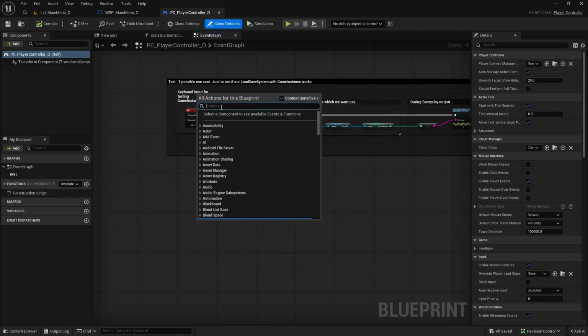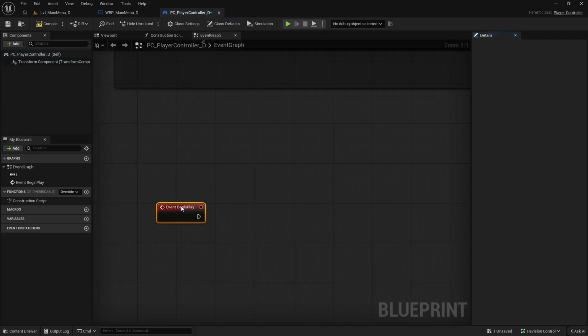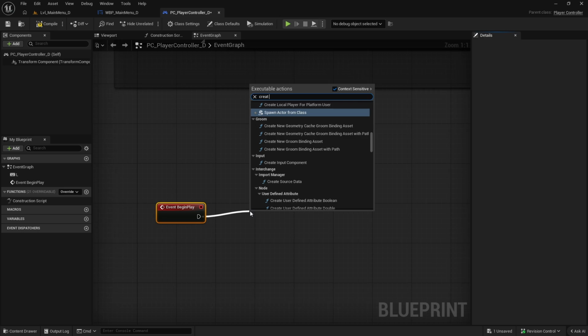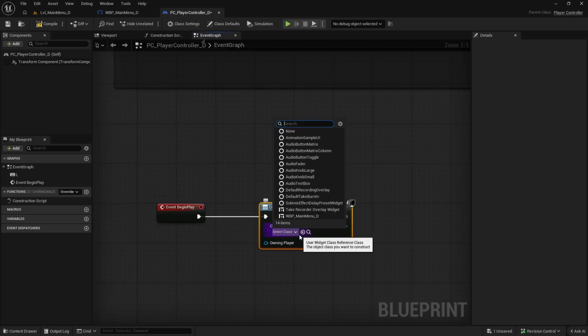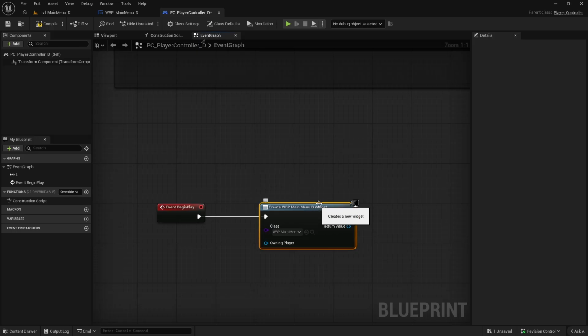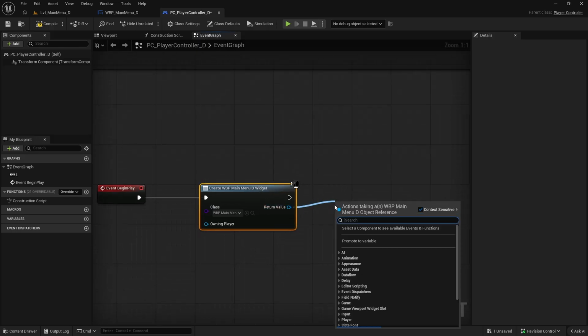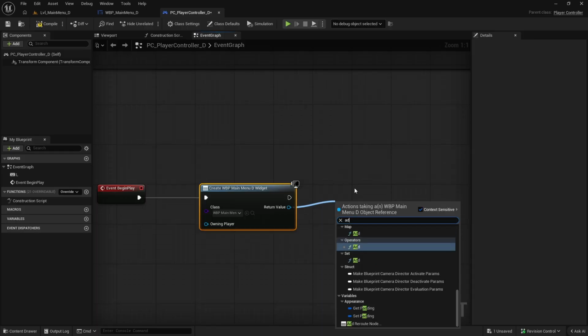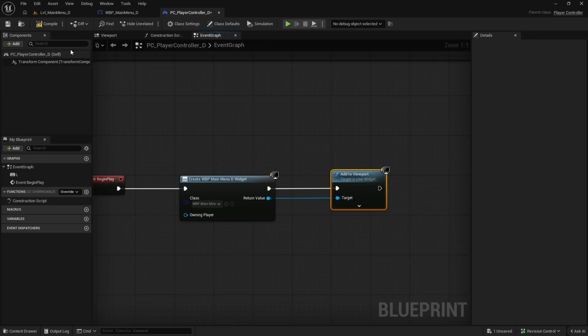So right click here, find begin play, event begin play is here, and then we say here create widget, and then you should find this one here, and then we have here a class which we can select, and you just select the class which we just created. It is called your widget main menu. Here is this one. You select the widget which you have, and then you are almost finished. Here in the output, you go here and say add to viewport,